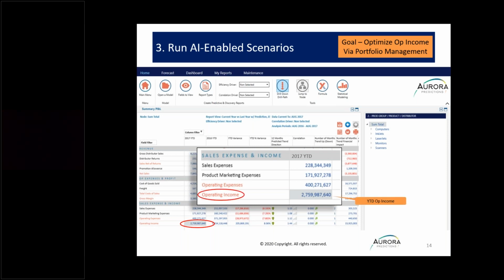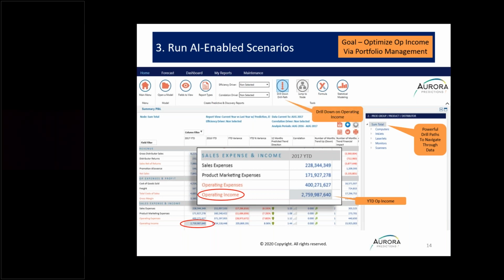And we can see that our operating income year to date in this manufacturer of business and consumer electronics is about $2.7 billion. And what we want to do now is use the drill path to drill